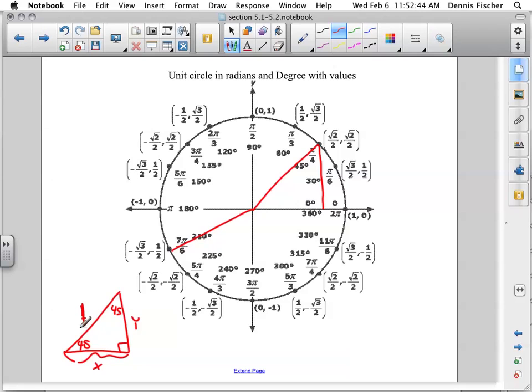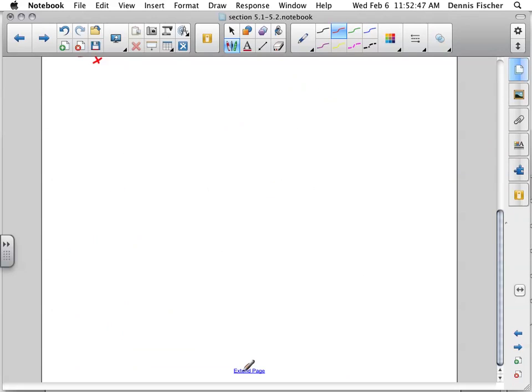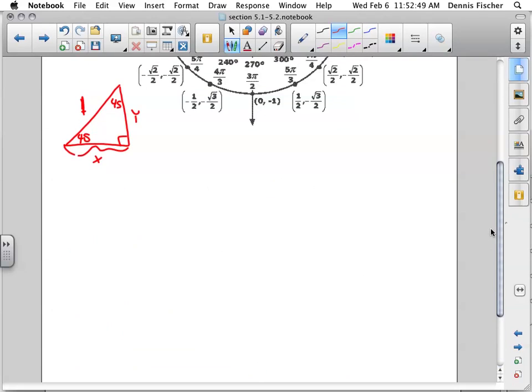Okay, now let's go back to geometry days. Here's my triangle, right? Back in geometry, or last year, we had a 45, 45, 90 degree triangle formula. Do you remember what the formula was? x, x, x square root of 2. So two sides are the same. If I look at this triangle I just drew a second ago,